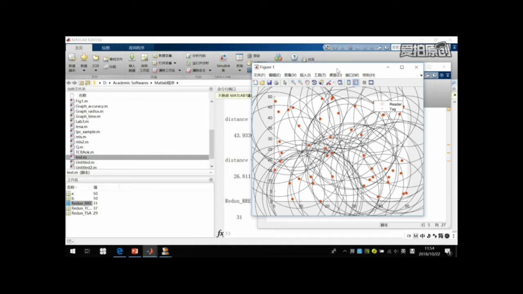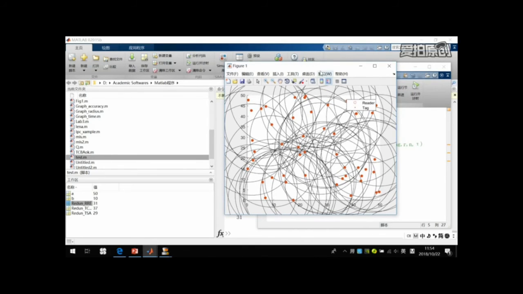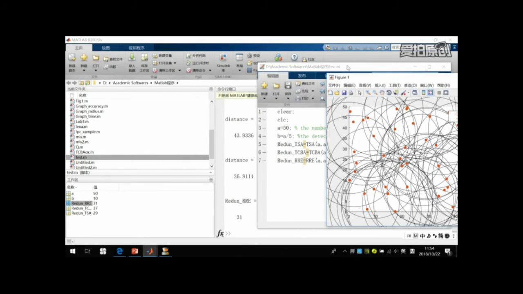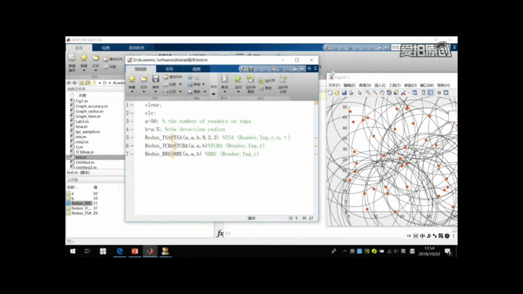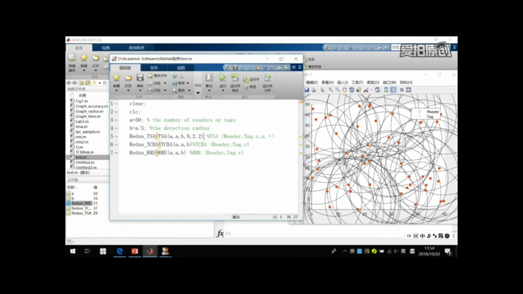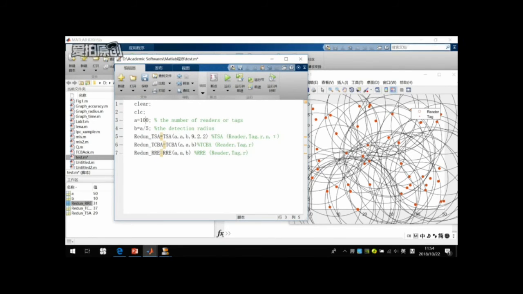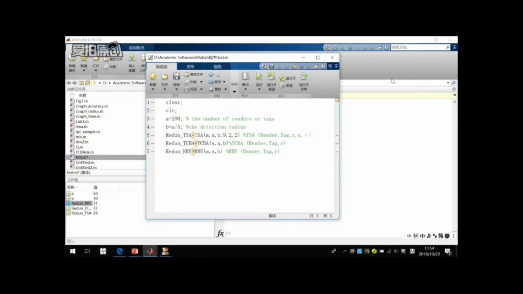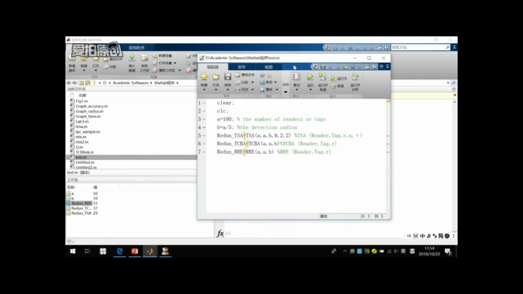But I think the size of the environment is not large, and also a little bit not accurate. Next, I will set a larger environment and also measure the running time to see which one uses